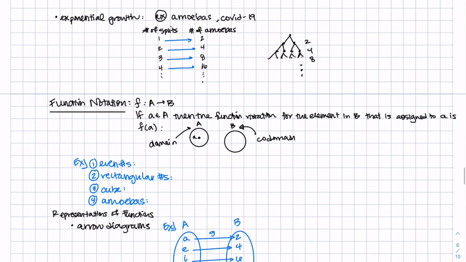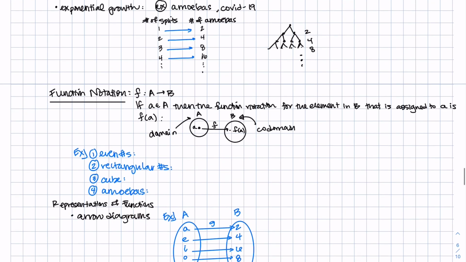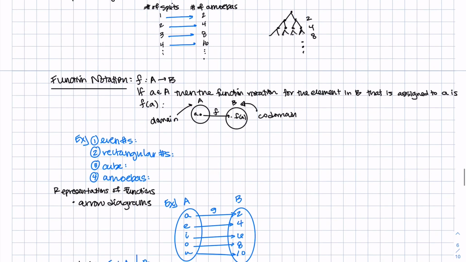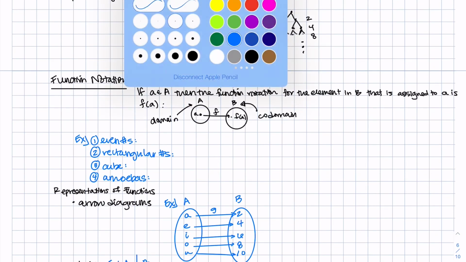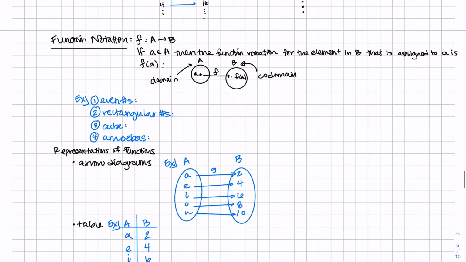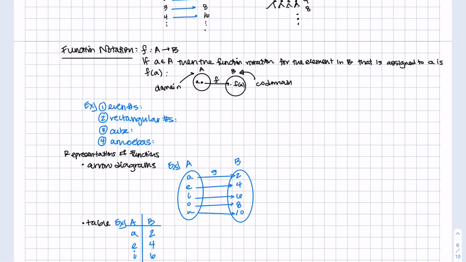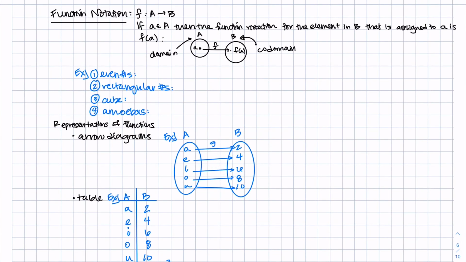Then where it should map via the function is to some point f of A. And we say it does that through the function. So f of A is some element in B that is mapped to from A by f. Okay, great. So using this example or this notation, we can look at some of those examples above and write